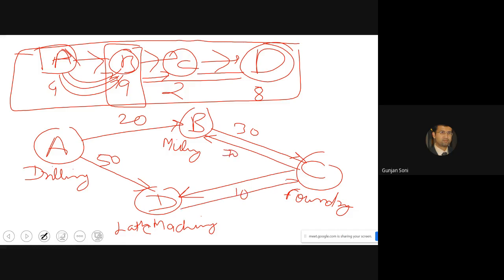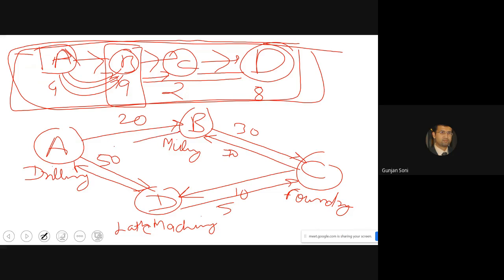Similarly, we can have multiple bidirectional arrows for different works. So this is a job shop. What you see, the diagram above this one is an assembly line, while BCD is a kind of job shop. We say it is a job shop arrangement where the work moves haphazardly from all the places among each other.